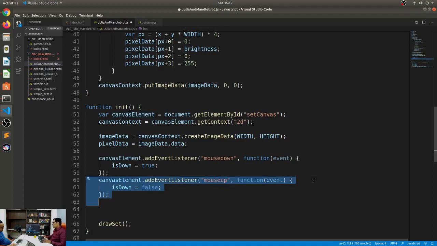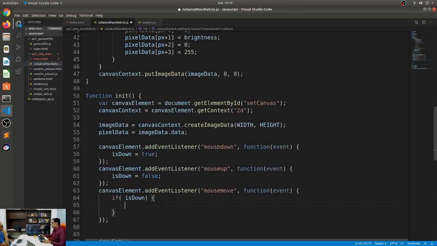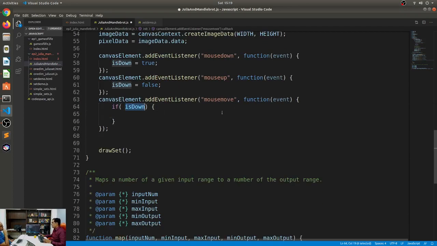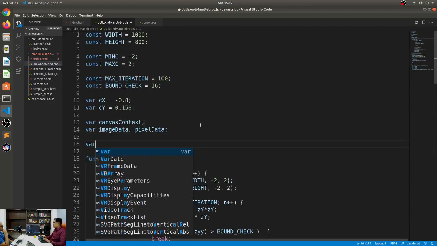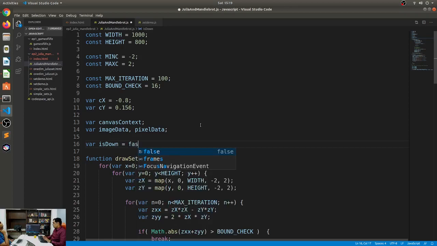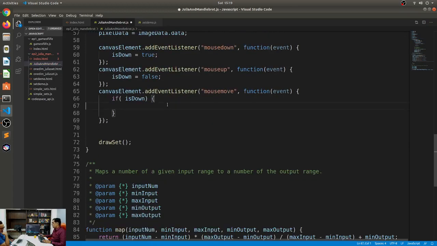But a different thing for mouse move. I have the event, and I say if isDown, I mean if the mouse is being pressed. But before we go anywhere, let's declare this variable before we forget: isDown is false. So now I have a way to track my mouse movements if the mouse is down.